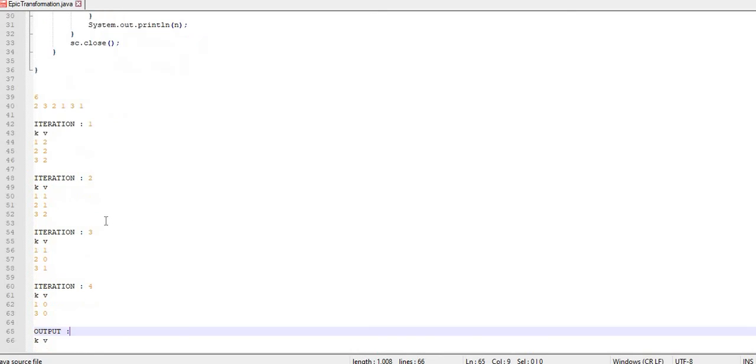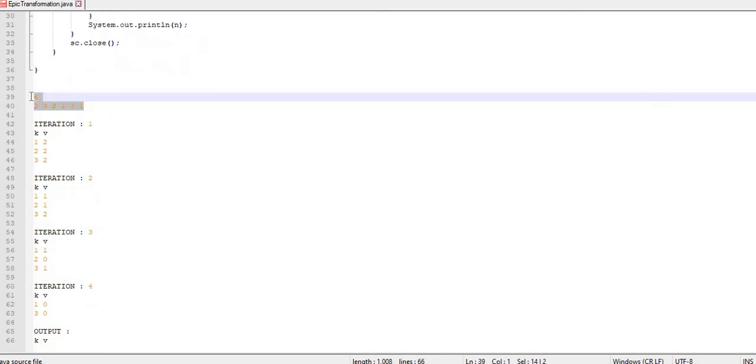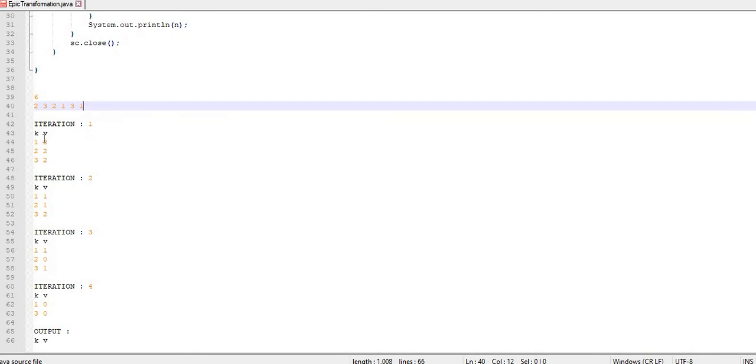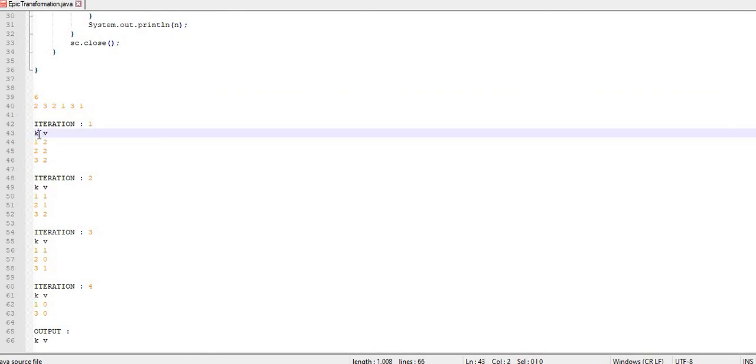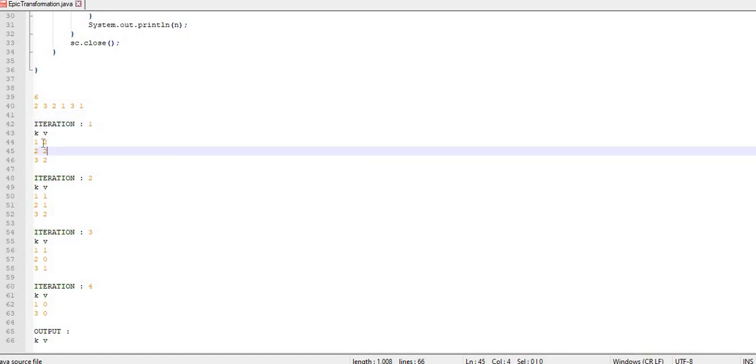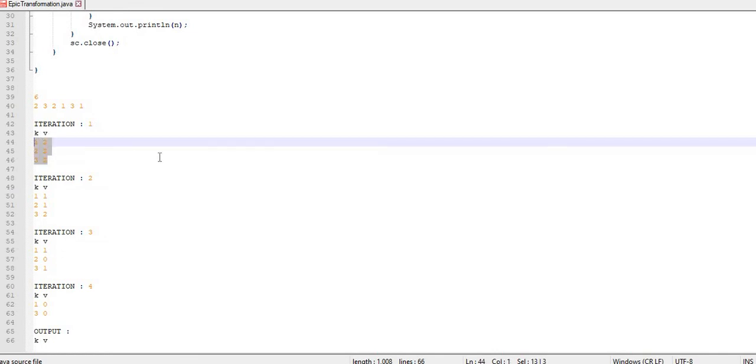Now here I have pasted the same example. Very first, I can see each of the elements is appearing twice. Here K stands for key and V stands for value. So initially the value of each element is 2, 2, 2.